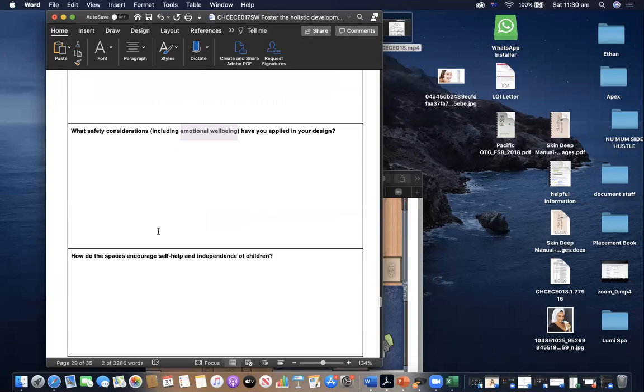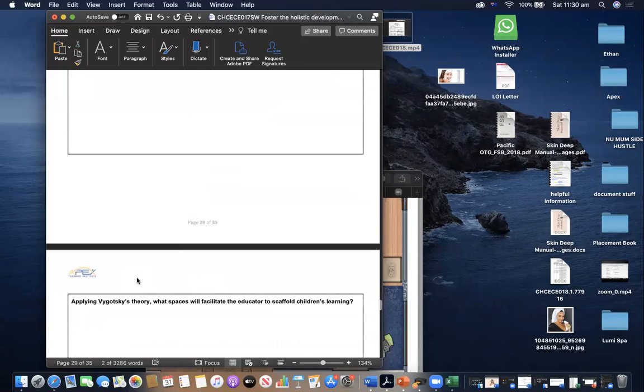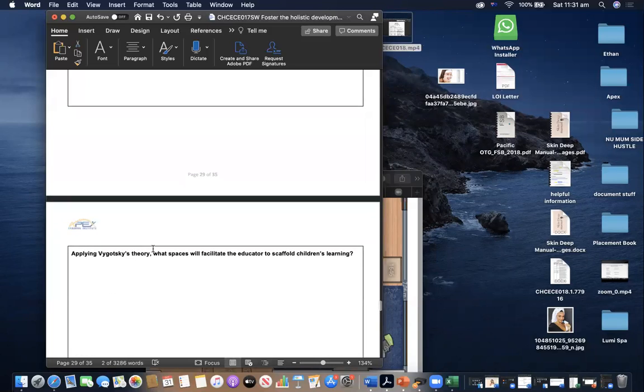And why is it applied to your design? You need to tell me. How do the spaces encourage self-help skills and independence of children? Okay, again, tell me why. Applying, here we go, Vygotsky's theory. Okay, I need to know